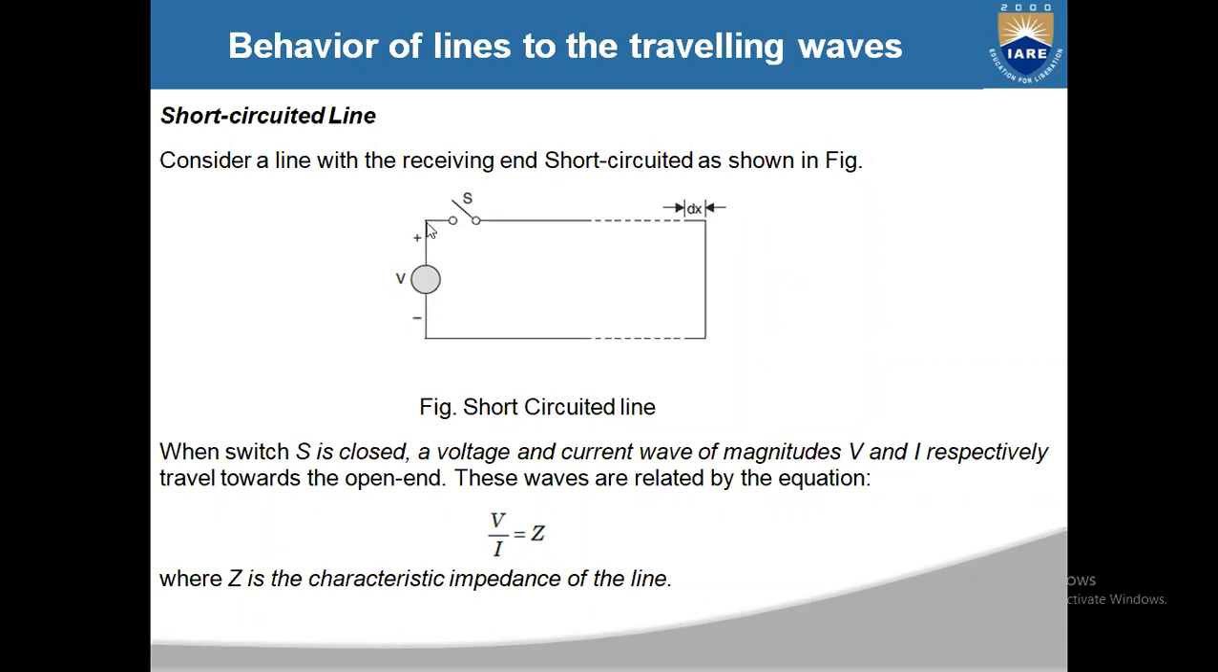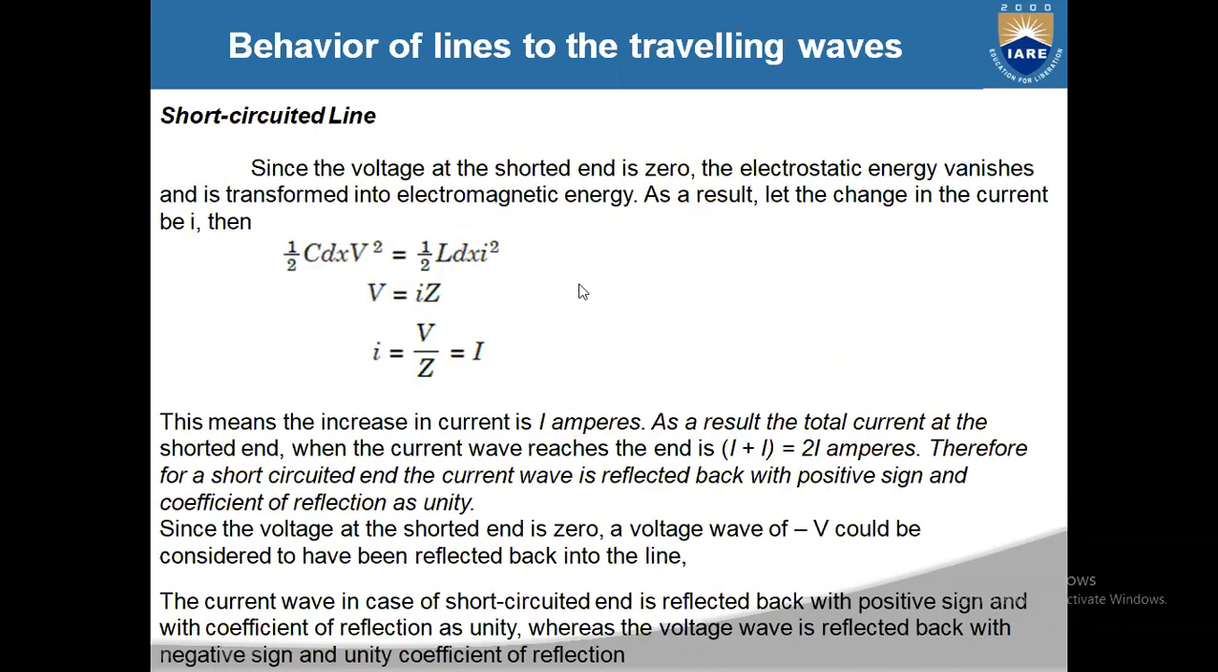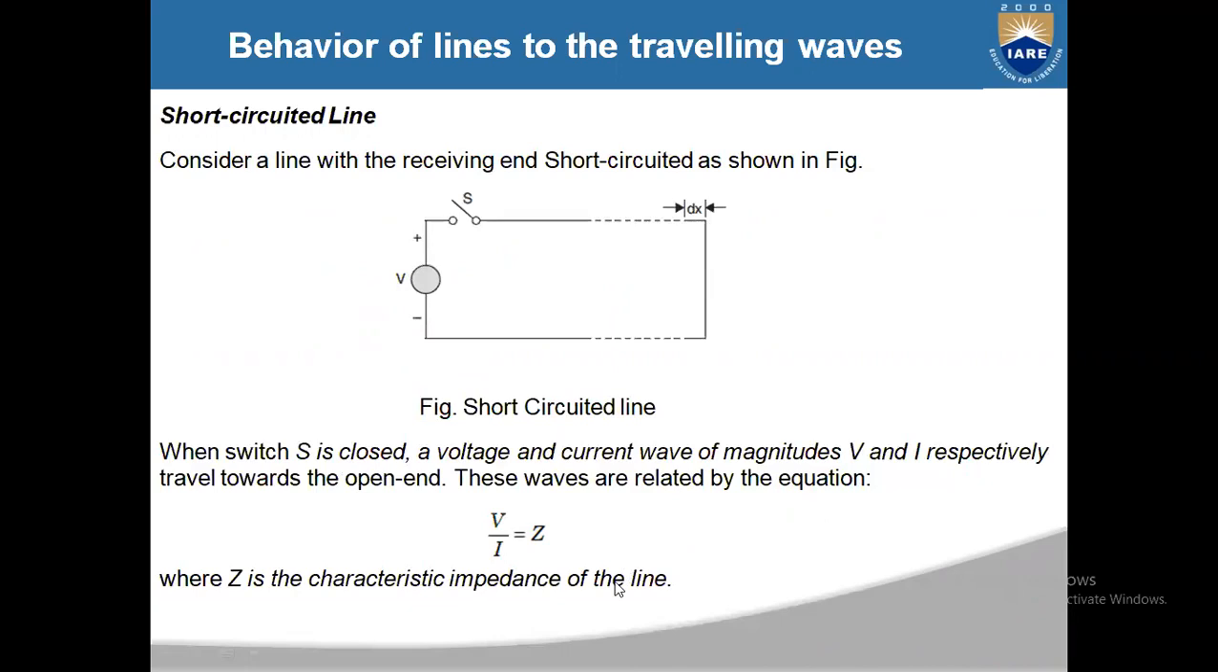So here also you will be having electromagnetic energy and electrostatic energy. Electromagnetic energy is represented with half L dx I square, and electrostatic energy is half C dx V square, right? So here in this case,